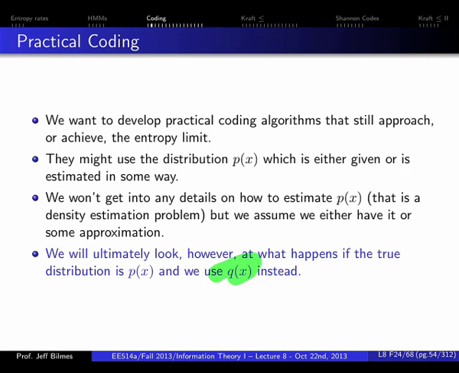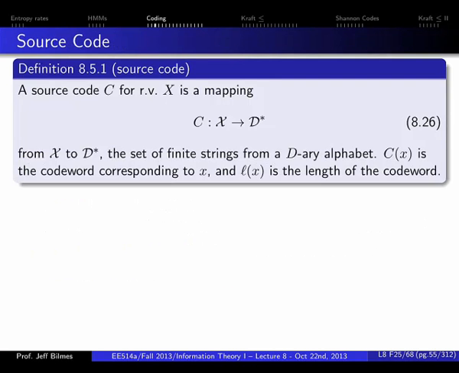Like how much worse will we do? And that, as I said last week, I think, will be based on the KL divergence. Okay, any questions on the overall? Okay, so a source code